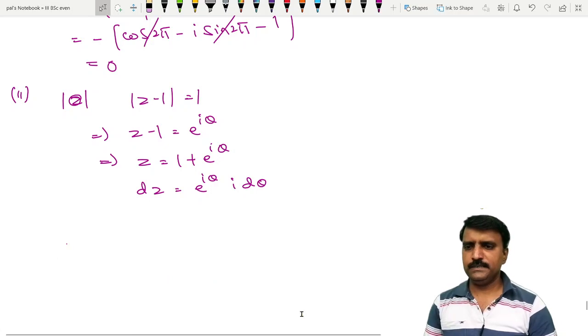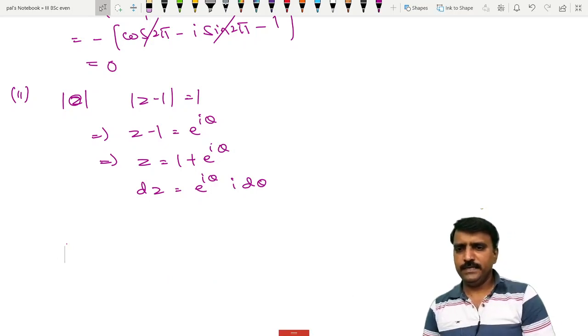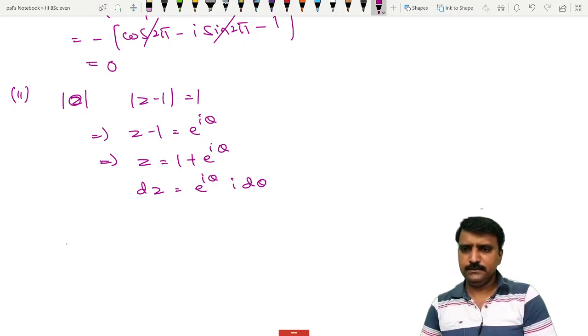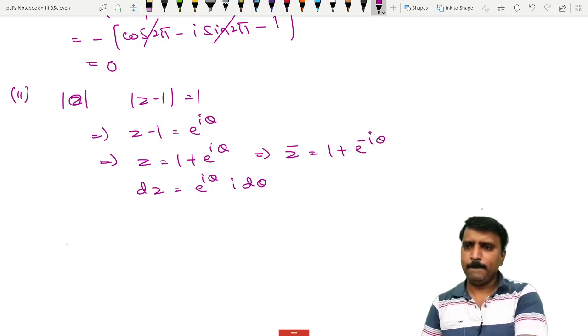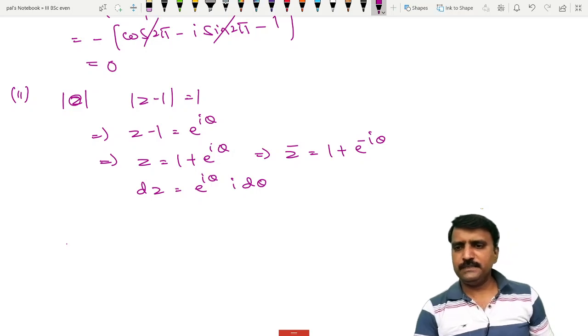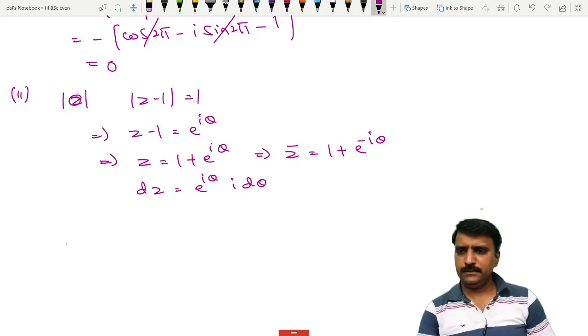And also z bar is equal to 1 plus e power minus i theta. If you substitute this in I, so now I is equal to integration from 0 to 2 pi,